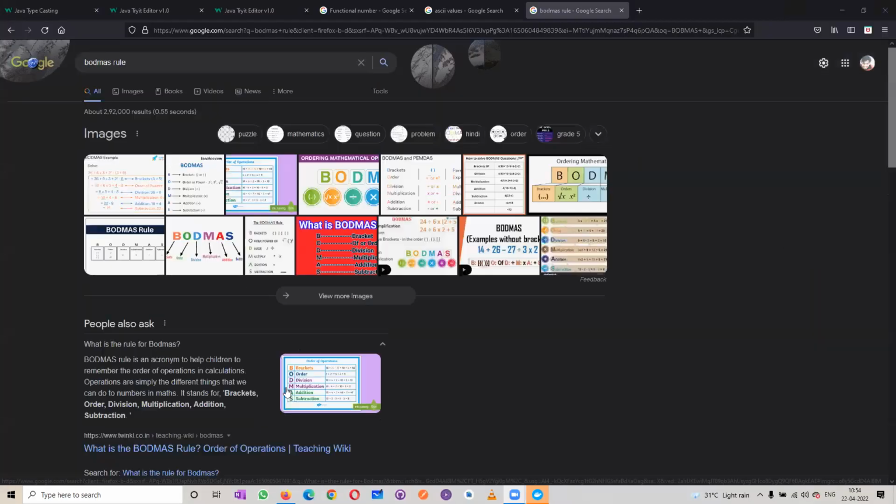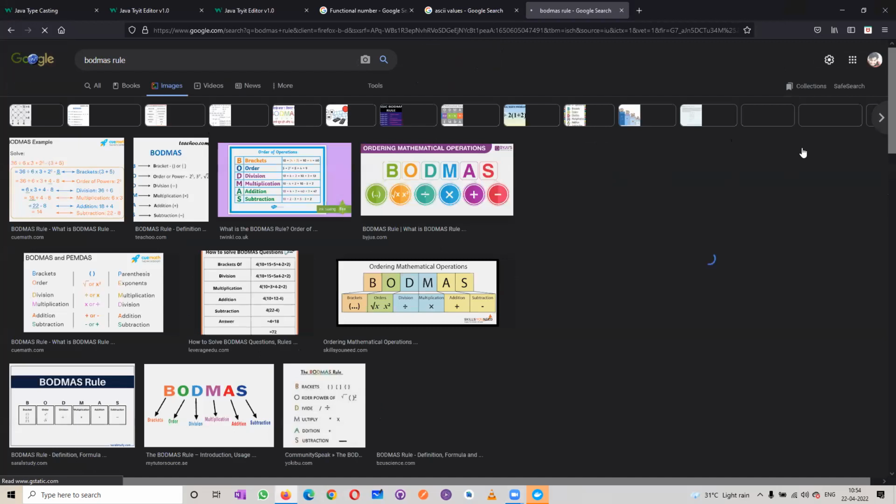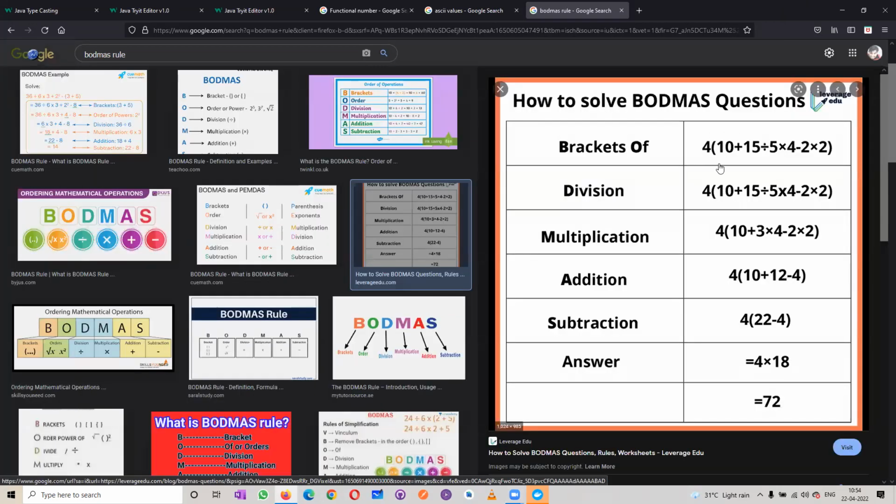So if you go here, this is your BODMAS rule. The BODMAS rule talks about brackets, order, division, multiplication, addition, and subtraction. So how it will take the priority of the things, you should really understand this. If you don't have that, you can't do that. So now here, if you have it, first it will